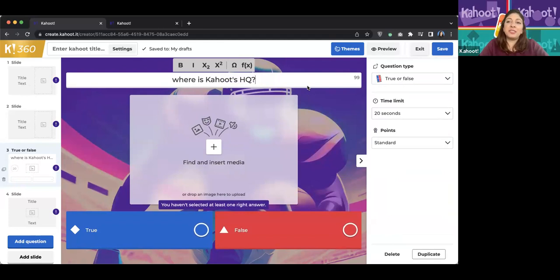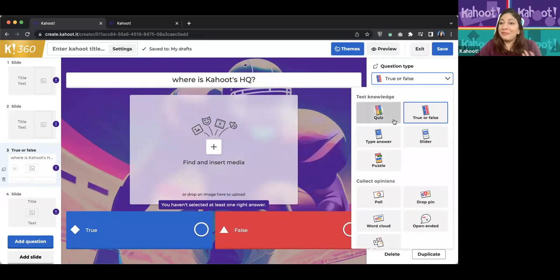I encourage you to please use a combination of multiple question types. Use all the question types that you have available. I notice a lot of the time that most users use just the basic ones, which is the MCQ, the multiple choice quiz, and the true or false. And it does make sense because all questions can be asked in that format, but they're not always as fun. So if you want to make your engagement more fun,